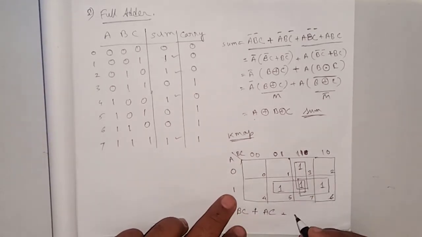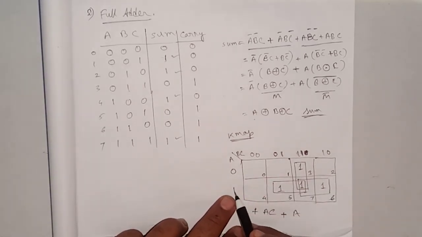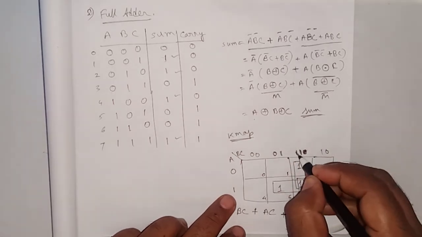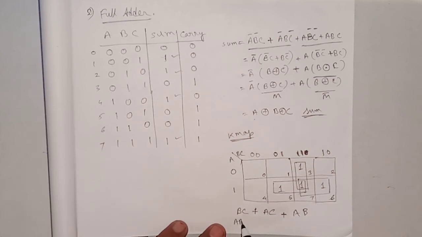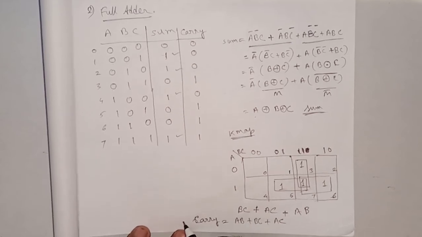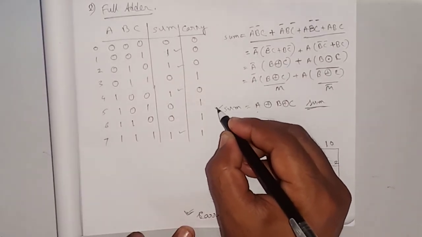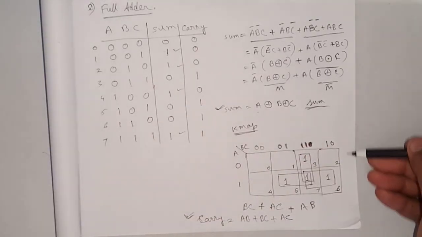set A is still same because A0 is not working. So A is here, and from here which is not changing, B is not changing because first one is B. So AB. So we can write AB plus BC plus C or AC. You can write, this is the carry value. Students, only you write this carry and this sum value. These two lines you write. Don't need to explain the entire portion and this portion.